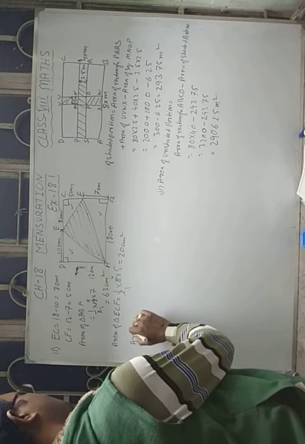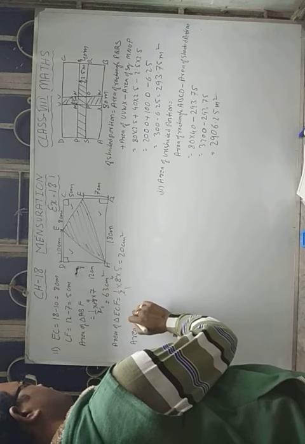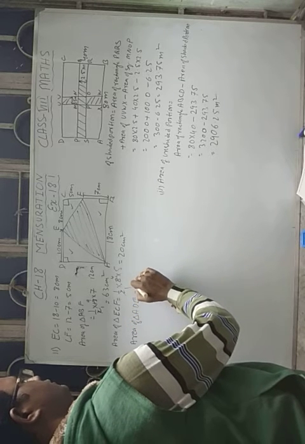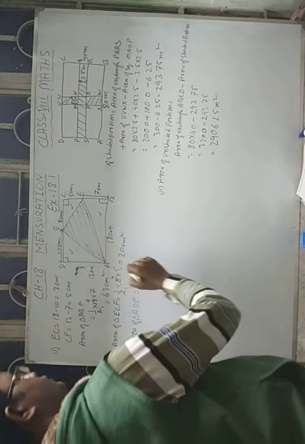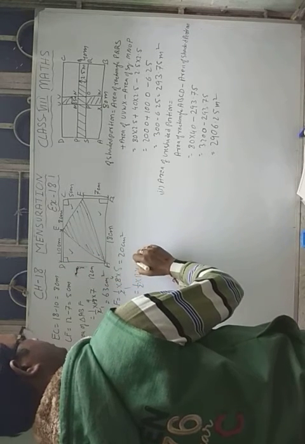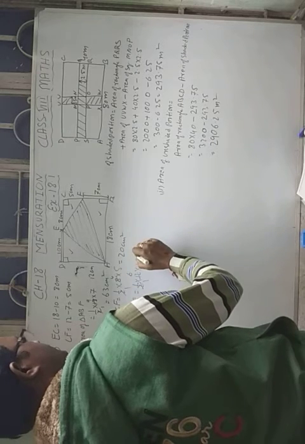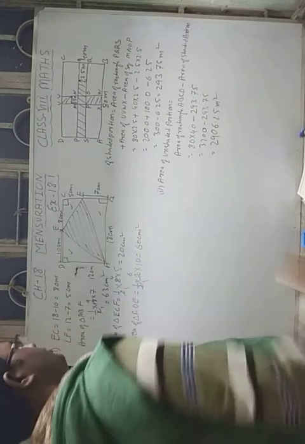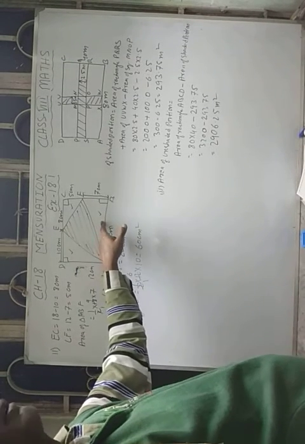Now you have to find the area of triangle ADE. Area of triangle ADE is equal to half into base 10 and height 12, or you can write 12 into 10. So 2 sixes are 12, 6 tens are 60 centimeter square. Now you have got the area of all the three unshaded triangles.